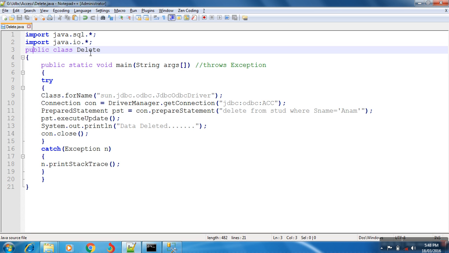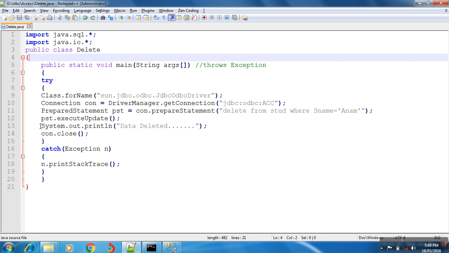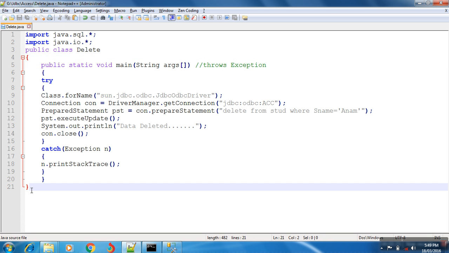You can give your own class name, but you have to give a meaningful name here. With the help of this code, you are doing a delete operation. That's why we are taking the class name as Delete. After that, see here, the class opening is there and the class scope is at the end of the program.